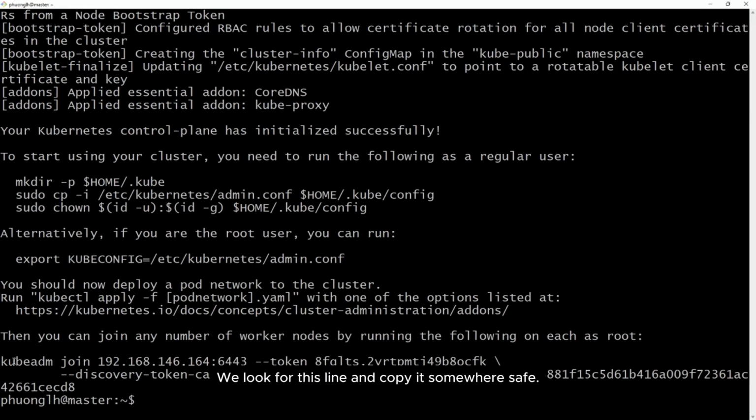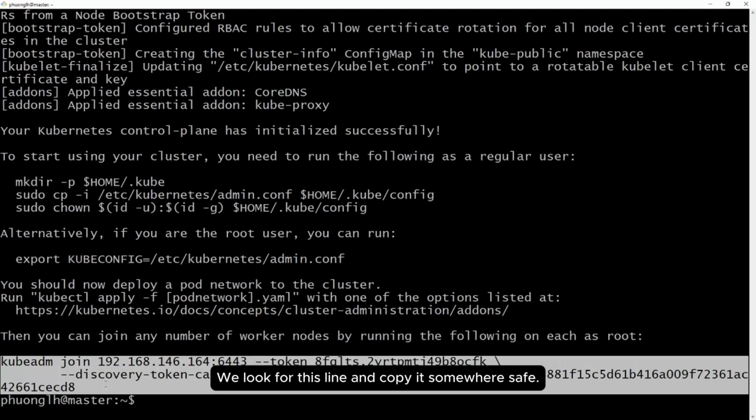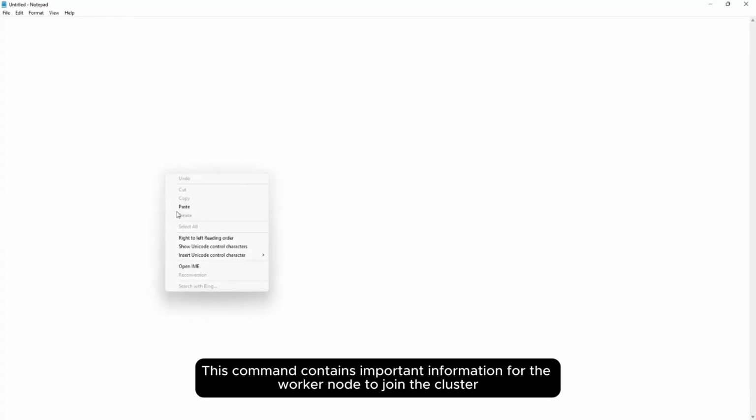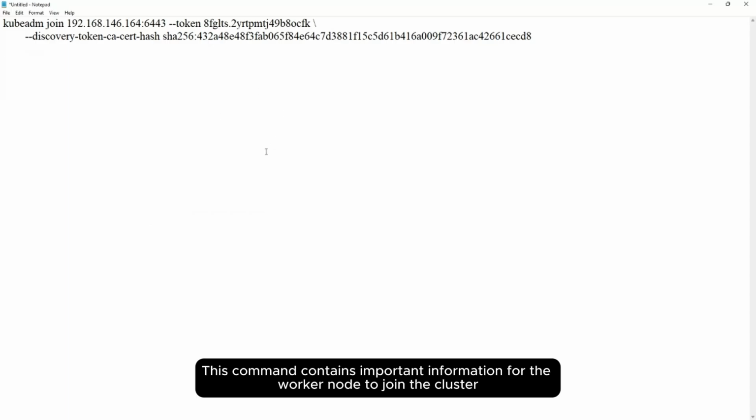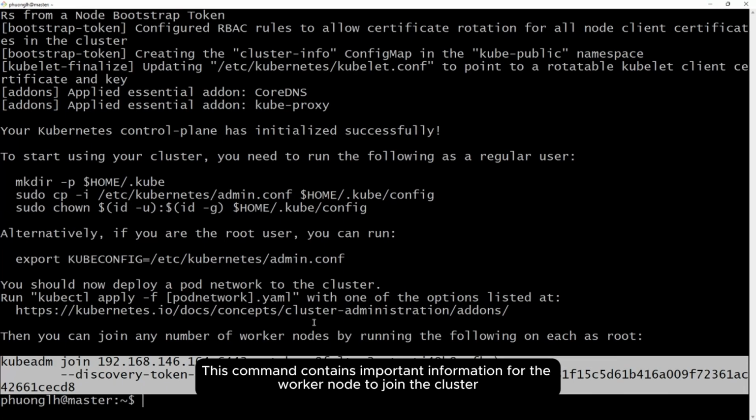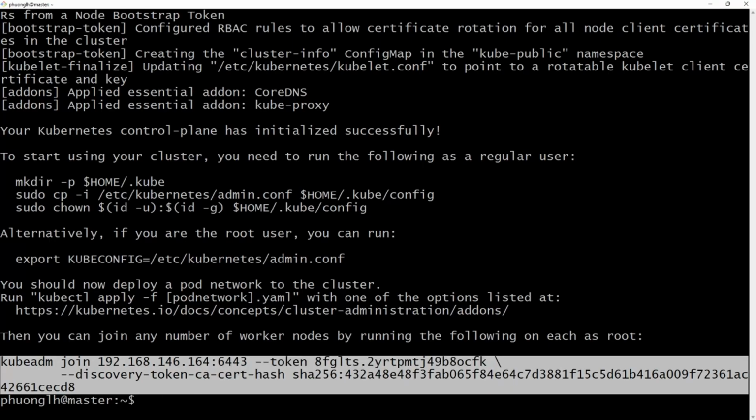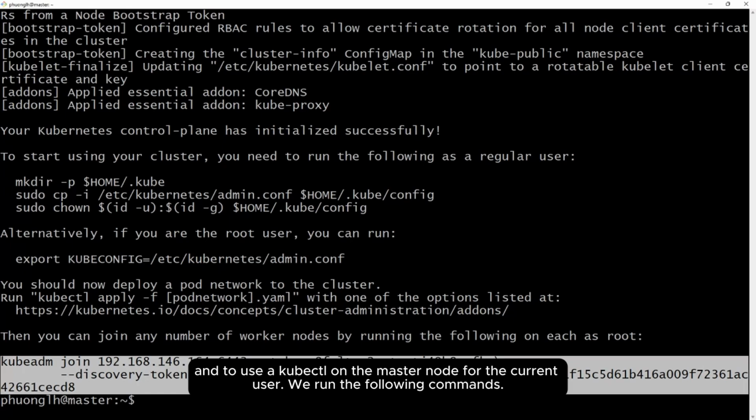We look for this line and copy it somewhere safe. This command contains important information for the worker node to join the cluster and to use kubectl on the master node for the current user.